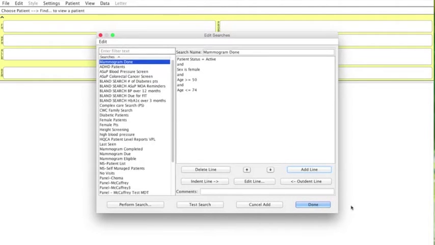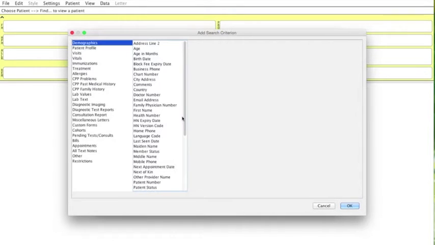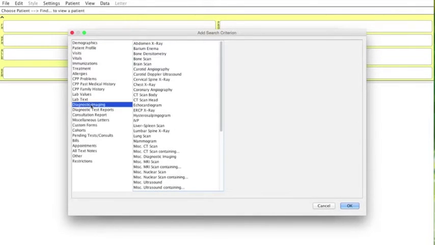Now this is what we did to find our denominators, but now we're going to define this just a little bit more. We want to know that of those 10 people, which would have been this criteria right here, how many of them had a mammogram on file within the last 2 years. So the next thing we're going to do is look for the document in the chart. We're going to add another line, go to diagnostic imaging, and look for mammogram. Don't forget that this list likely reflects the same list that you have created for all your keywords when you're scanning. So we're going to select mammogram,